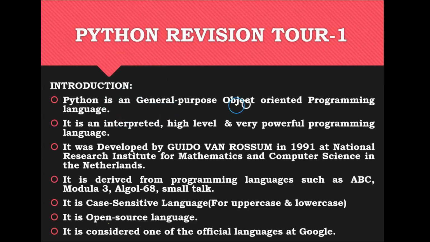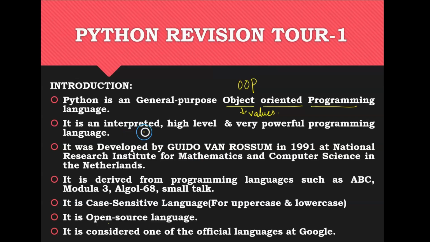So Python is a general purpose object oriented programming language. In short we can say it as OOP. It means that the objects are nothing but the values. So this is completely depending upon the objects, so that's why it is called an object oriented programming language,